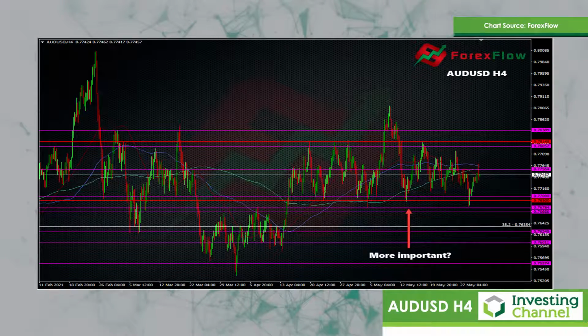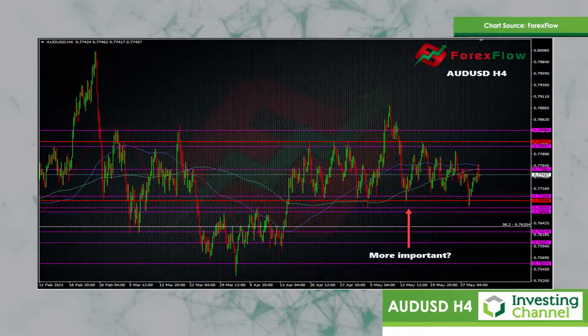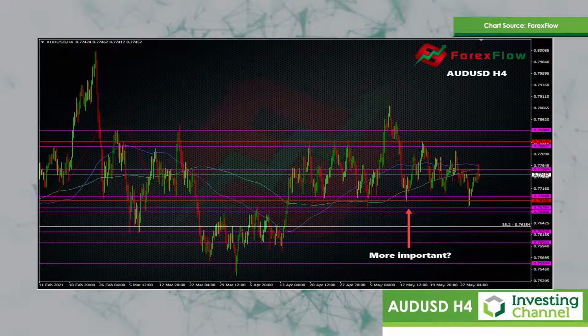Today we're going to talk about the Aussie dollar once again, a pair I've been talking about quite often recently because we've got some great trading opportunity here. It's stuck in a very tight range between sort of 77 and 78. Last week we had a little test up towards that 78 area. Didn't get quite as high as that topper level there. We can see with the red line sort of